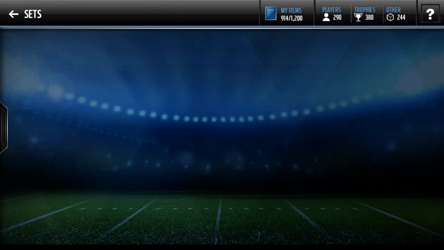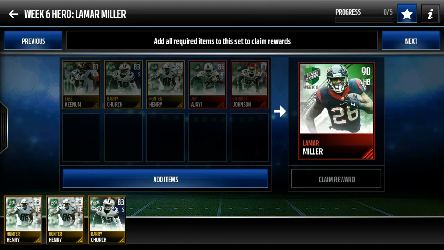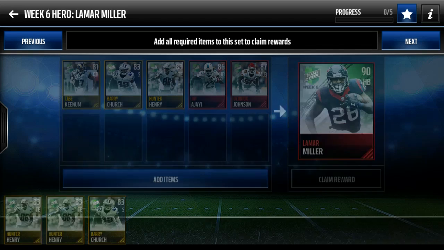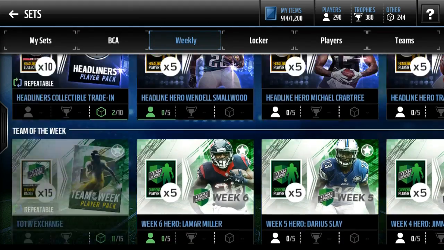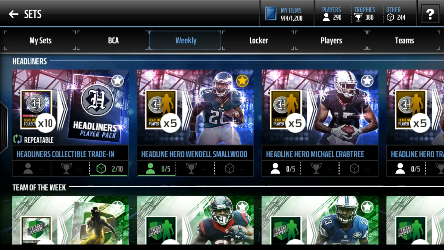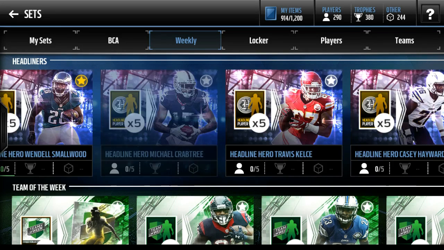So, not Showdown Redemption. So, in this most recent set, Lamar Miller, there have been some pretty decent players. I sniped this 83 tight end, Hunter Henry, and Barry Church, just because they're decently high rated, and their price should go up. I sniped them for under 3,000, something like that. I'll talk more about the filters later. But those are guys you want to target, especially the guys in these headliners, especially the most recent, Wendell Smallwood